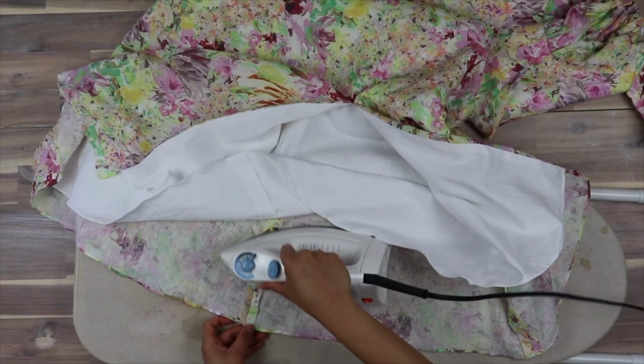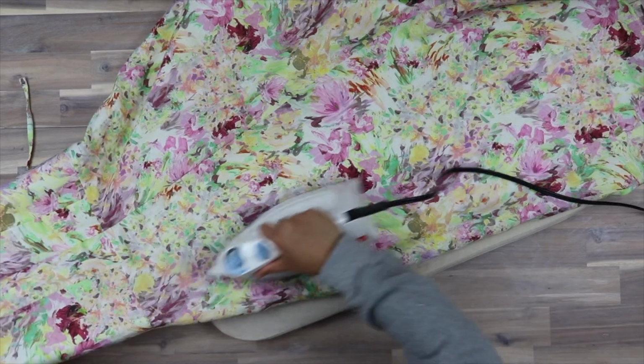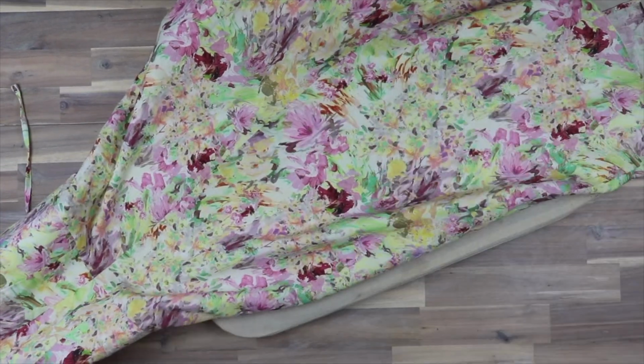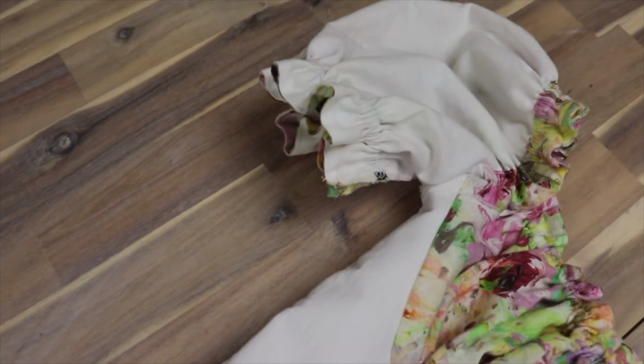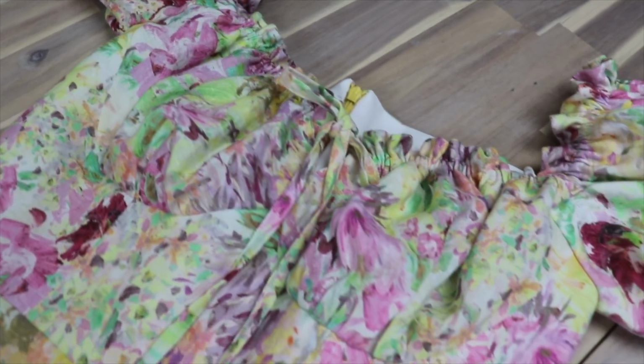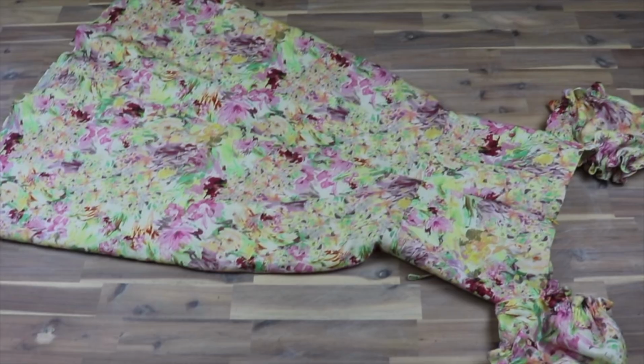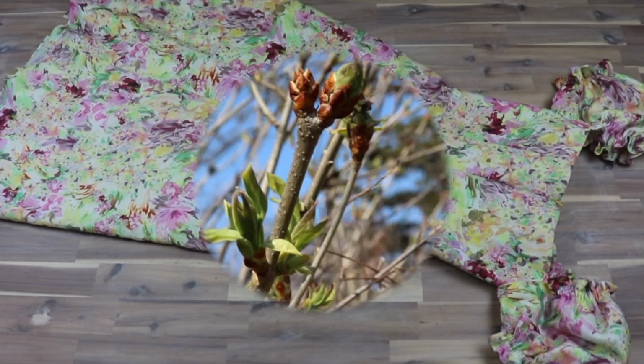Do a final press of the hems and slit. Seam any wrinkly parts of the skirt. And it's ready to wear. Here is the inside view of the dress. And here is the outside view of the dress. Time to put it on and frolic among the flowers. It's spring back